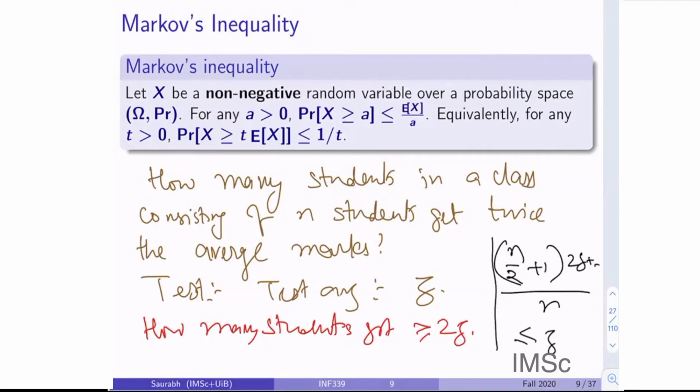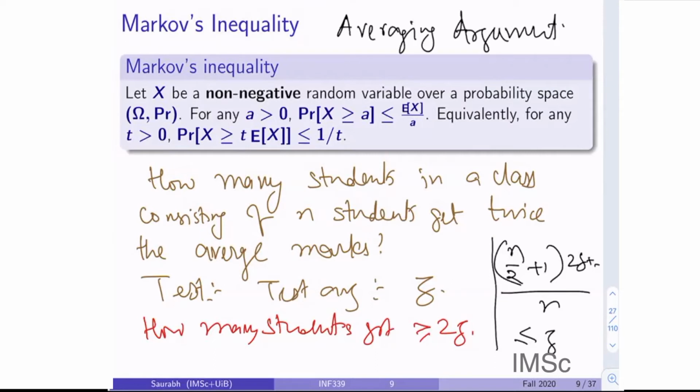Okay. So this is something which I would like to convey to you: do not think of Markov inequality as anything but the following situation. If I ask you how many students would have got this, what is this? It is nothing but some sort of weighted average, nothing more than that. At least this is one good way of keeping Markov inequality in mind. This is nothing but an averaging argument.